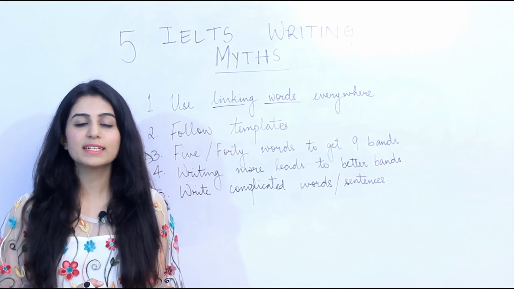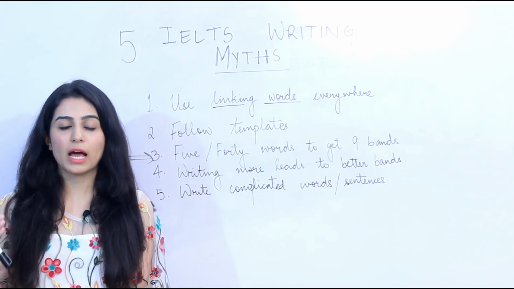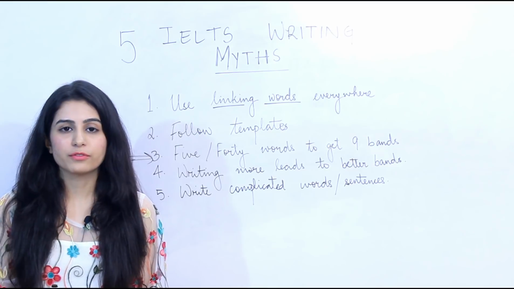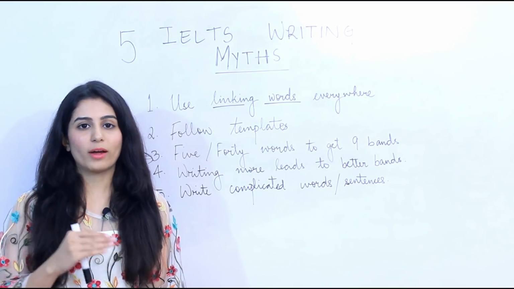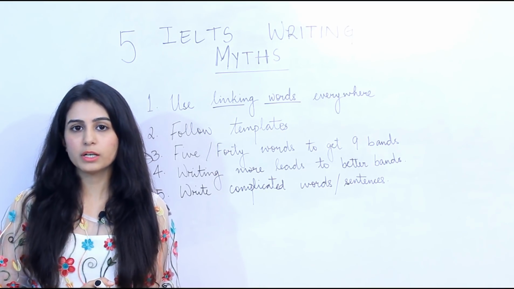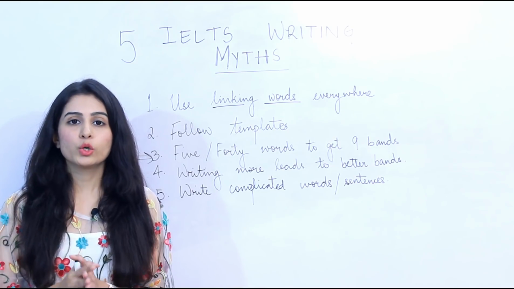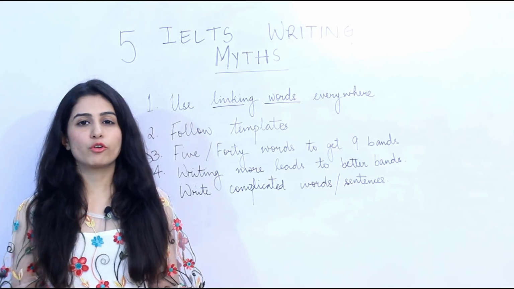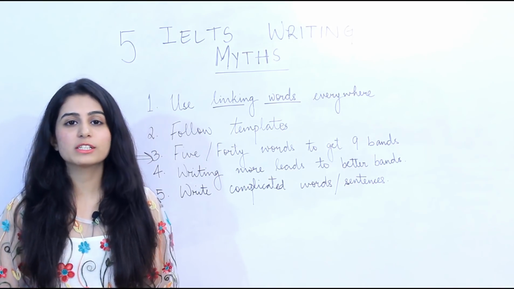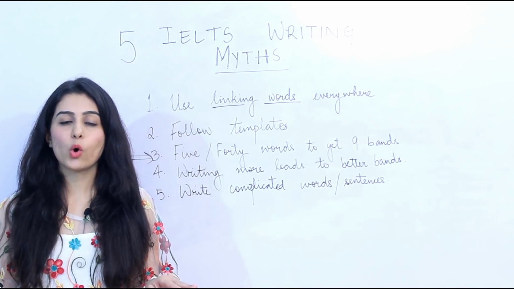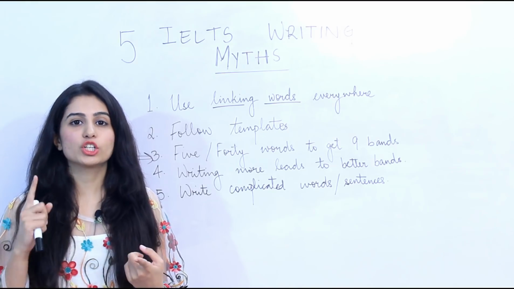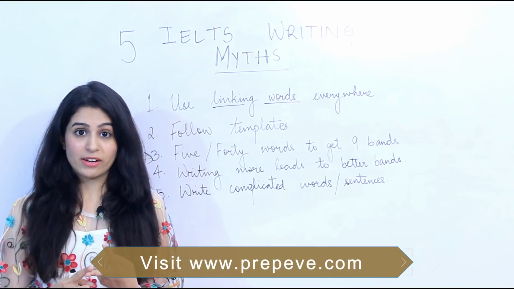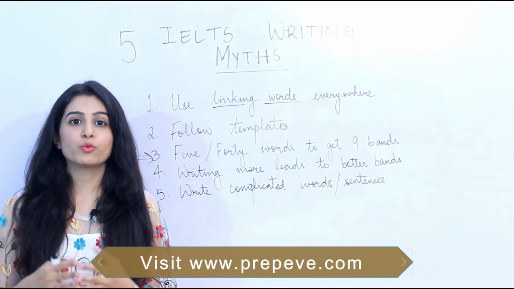than 250 words. And similar is the case for your Task 1, wherein you have to write a minimum of 150 words. Now if you write lesser than 150 or lesser than 250 words, you would be penalized, you would lose a band score. However, if you write like 400 words or 500 words, that would make no sense at all, because it would increase your chances of getting a mistake or errors in your writing, plus it would be